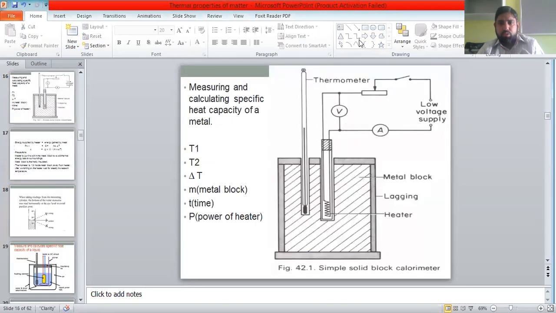For example, this is a thermometer. So how will you read that? The eye level of the observer will be in line with the liquid level. So this will be the scale of the thermometer. Both are perpendicular to each other. So can you say the line of sight is perpendicular to the calibrated surface? The line of sight is perpendicular to the calibrated surface. That's how you avoid any parallax error, and you read it in the best way.